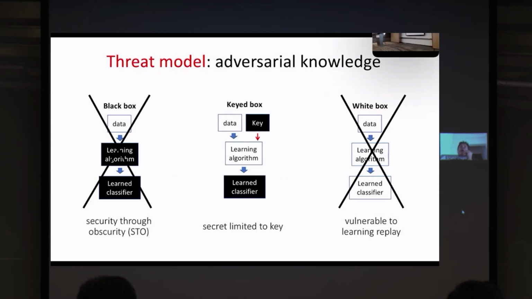Okay, it's a bit like a cryptographic algorithm. In a cryptographic algorithm, the algorithm is known to the attacker. What the attacker doesn't know is the key, and here it is the same. You know the learning algorithm, but you don't know the key. And the key is the one that decides all those parameters that produce the learned classifier. Different parameters really generate a different classifier, that behaves differently. So it's important to keep the key secret.